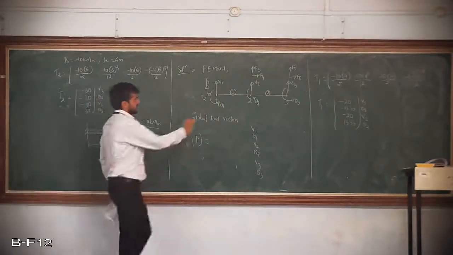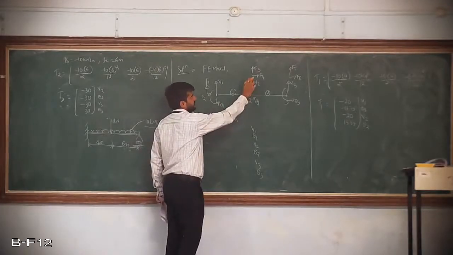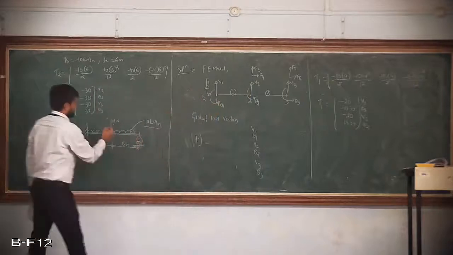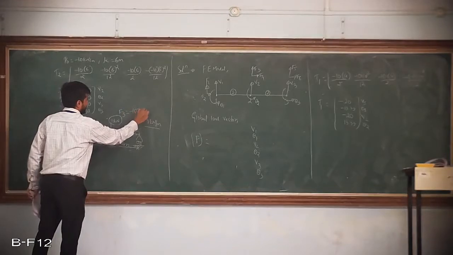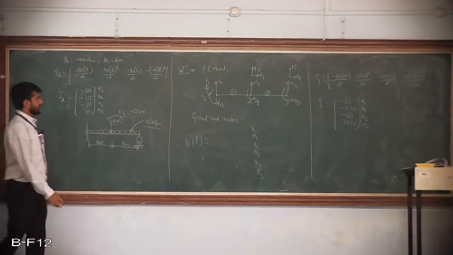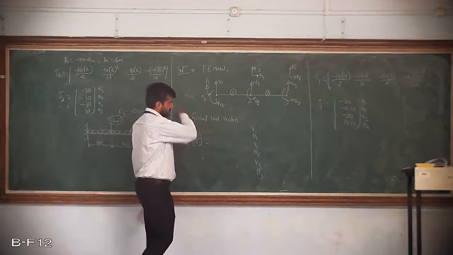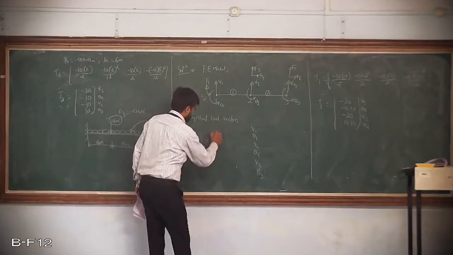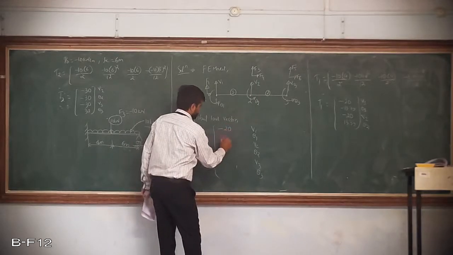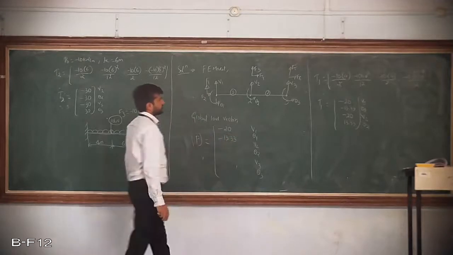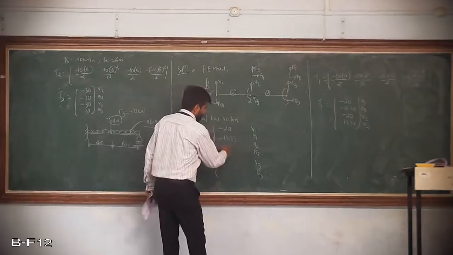At this first node, there are no forces F1 and F2, so no need to add. At node 2, there is a force F3 that is in the opposite direction. This is what I call F3 is equal to minus 10 kilonewton. This is what I have shown in the FEM model, that is the finite element model. So the final equation you will be getting is V1 theta 1 as it is, V1 theta 1 as it is. And next V2 I need to consider.